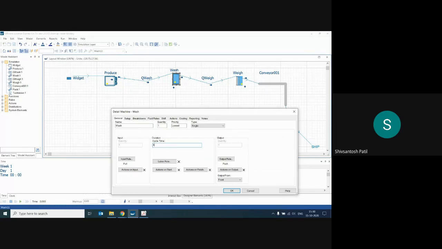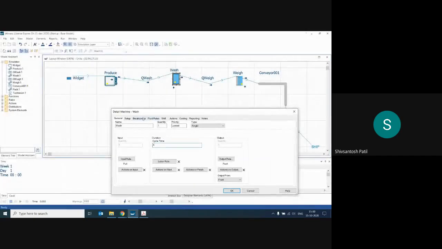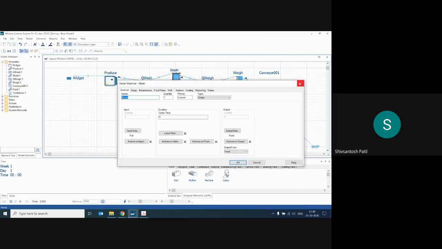One more thing we have to add, a breakdown time. This machine has a breakdown time of uniform 100 to 300. You come to the breakdown in the wash machine. Okay, I'll show you again. Double click the wash machine, keep the cycle time 4,